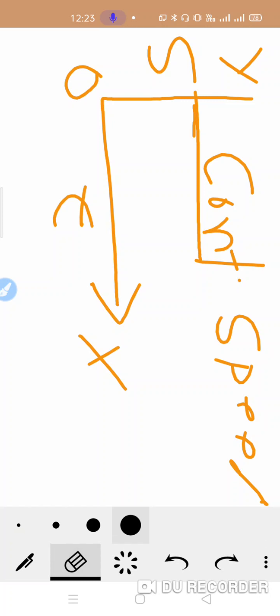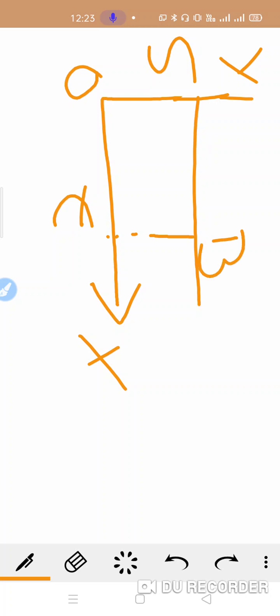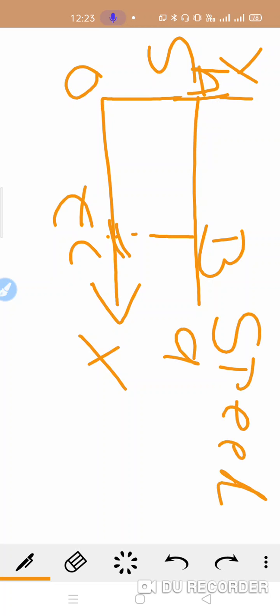So we get constant speed here. Now mark here like this: that is point A, that is point B, that is point C. So what is the speed at point C? By the graphical method, the speed at point C is BC,